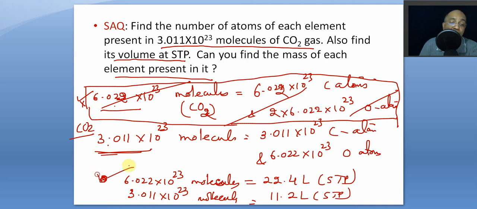For that we have to use Avogadro's constant. But for finding the number of atoms, we will not. Here we have not asked you to find the number of moles. Had we asked you to find the number of moles, then this divided by Avogadro's number would have been the number of moles of carbon atoms, because Avogadro's number is equal to 1 mole. So these many atoms will be equal to how many moles? We have not asked that. So why bother our head to find the number of moles, right?